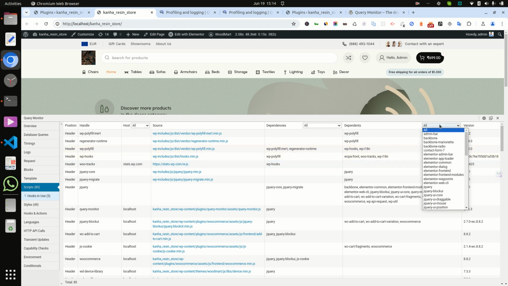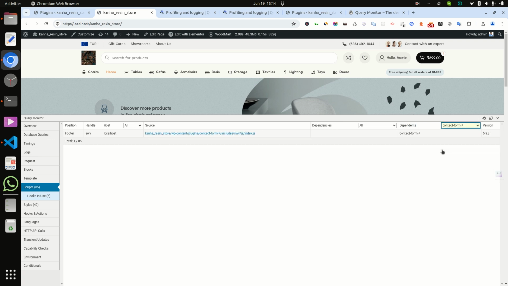And we can also categorize these scripts via this section. Like if I want to check Contact Form 7 JS, then it shows only the one JS which is used inside Contact Form 7.